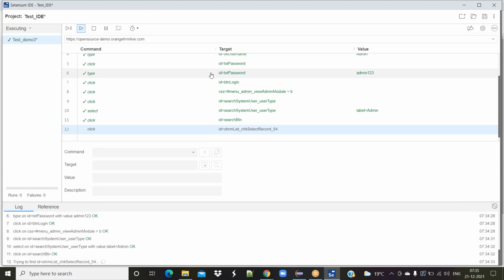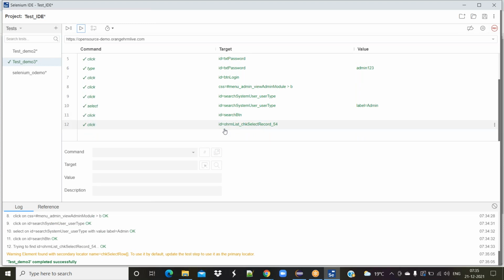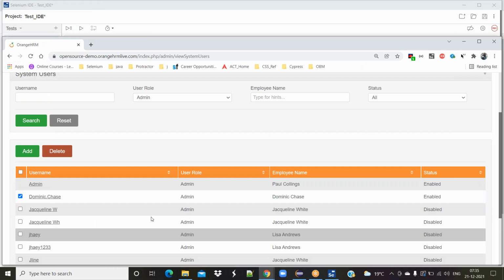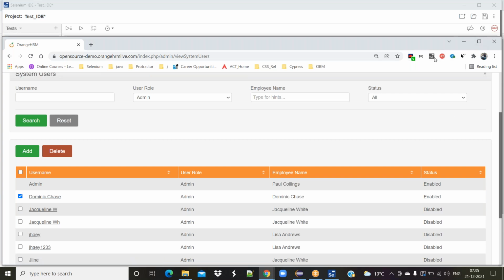All these steps are executed successfully, with green, green, green, green color. The last step also completed, with Dominic selected here.